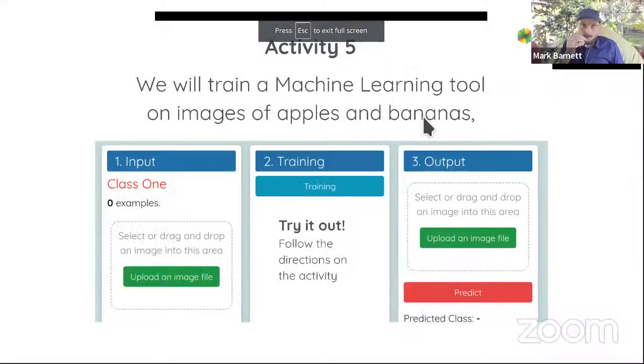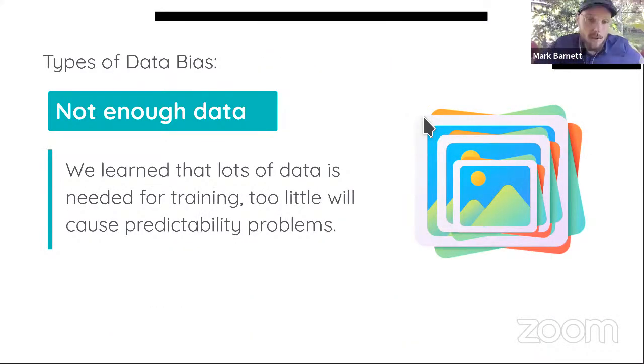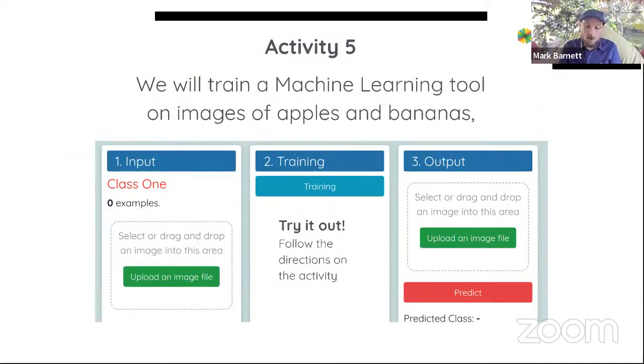All right, so now I want to talk to you about the main topic for today, which is bias. If this tool starts to work and we show it the red banana and it says it's an apple, well, that's incorrect. The reason it is incorrect is because there must have been some kind of bias in my data. We tend to think about bias as a negative thing because bias is talked about negatively in the media and social spheres. But bias is just a thing that happens. So where was the bias in my data?